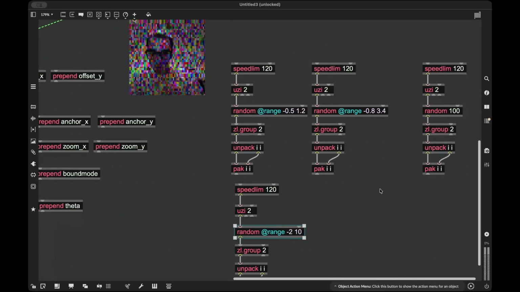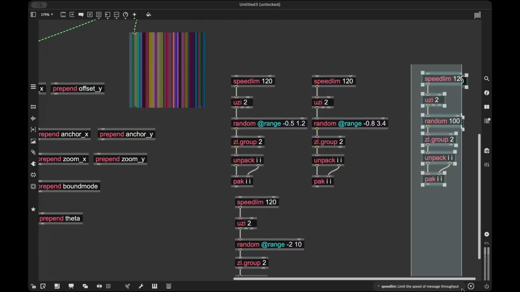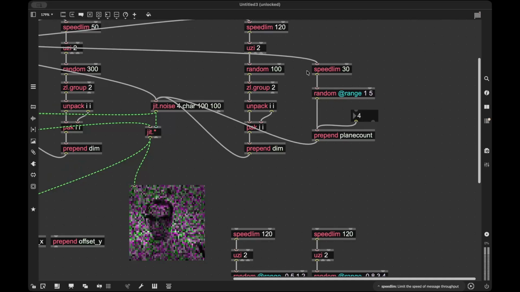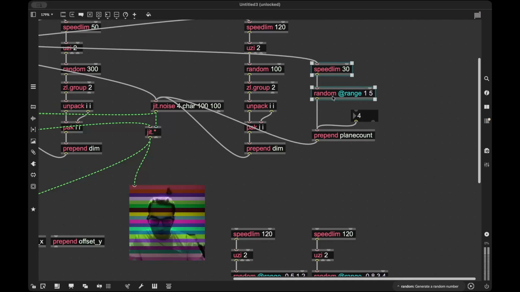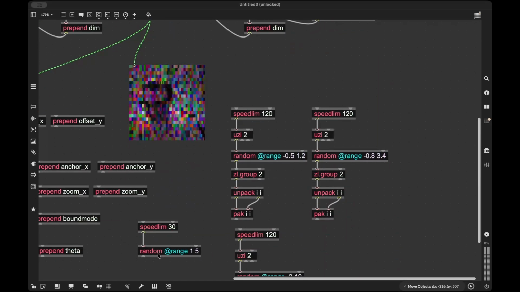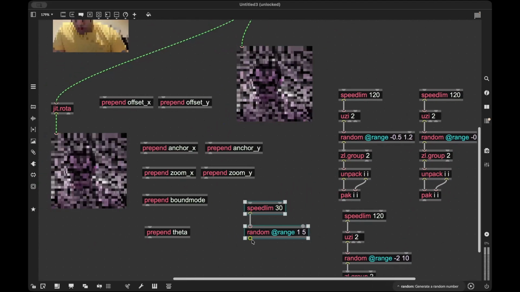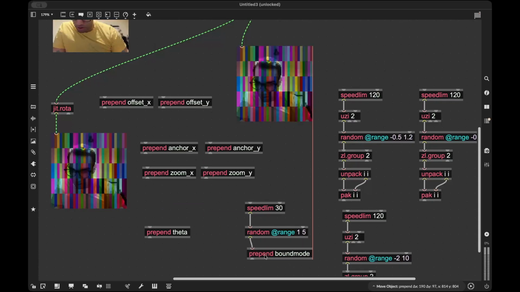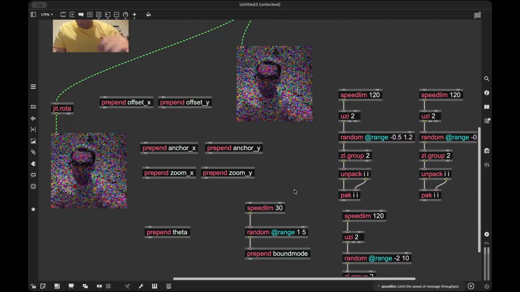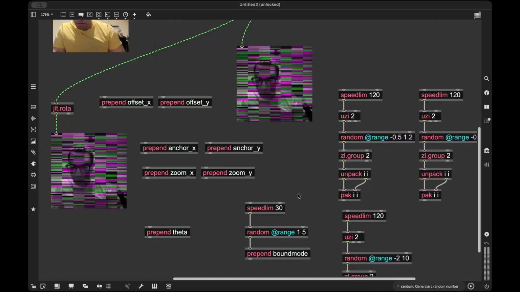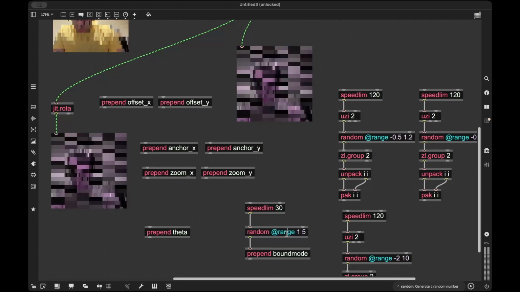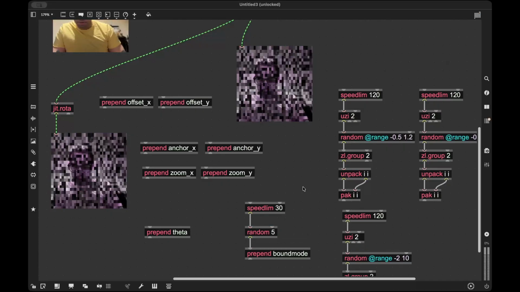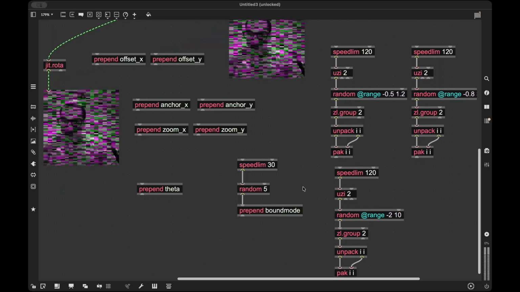Okay, our bound mode. For our bound mode, we're not gonna use this one. We're gonna use something like this, exactly this one. So our bound mode is going to be this one. No, we don't need a range here. We can just put 5. So we have 0 to 4, and